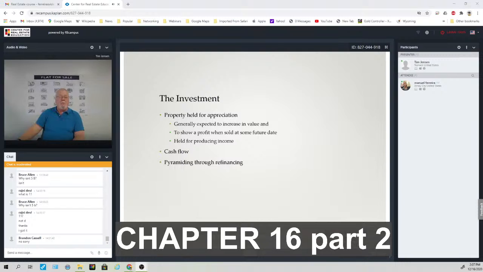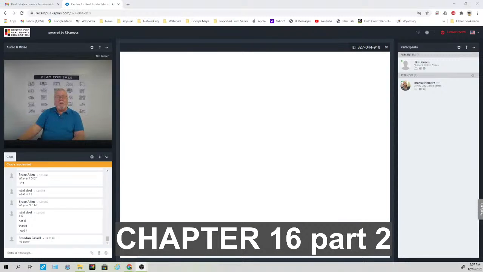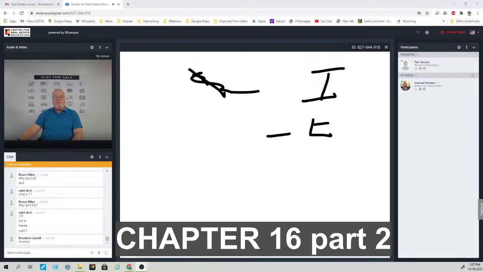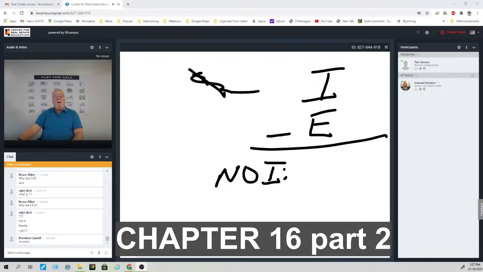Now, I'm just going to use a whiteboard to try to explain cash flow. Income is generated on a property. Less expenses equals net operating income. What's left after the expenses are paid? To determine cash flow, I would then take off debt service, also known as mortgage payment. So if I take my net operating income and minus out my debt service, whatever's left over is called cash